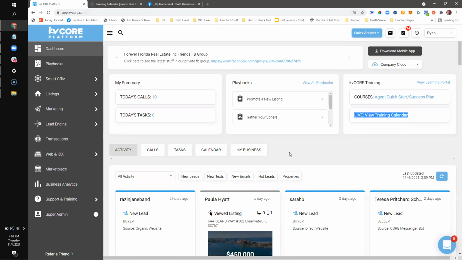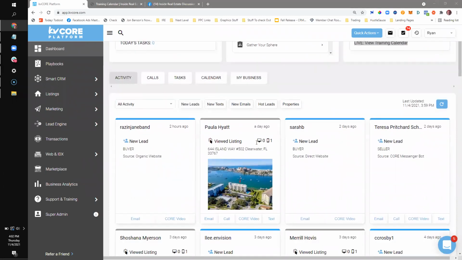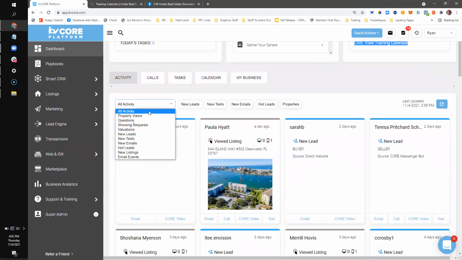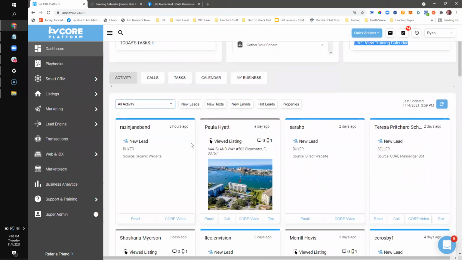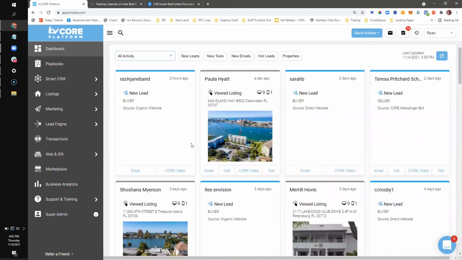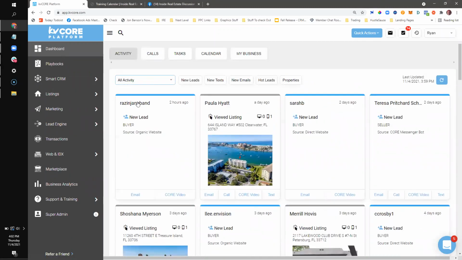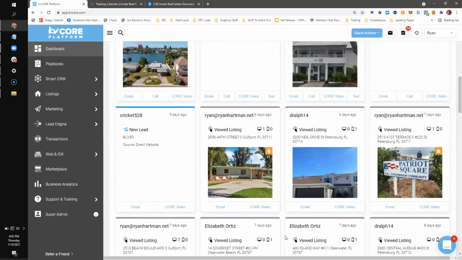My topic for today that I wanted to bring up was this idea of keeping your eye on the activity stream. I don't know if we still call it the activity stream. This might be a holdover from the conversion days, Christian. It was called the activity stream. But basically what I'm referring to is when you come into the dashboard, you'll get this look at everything that's going on in the dashboard right here.